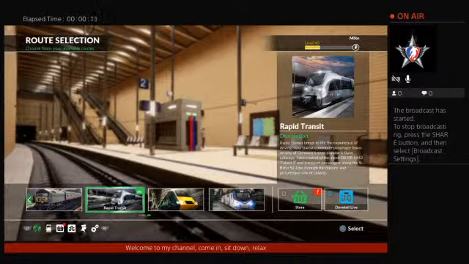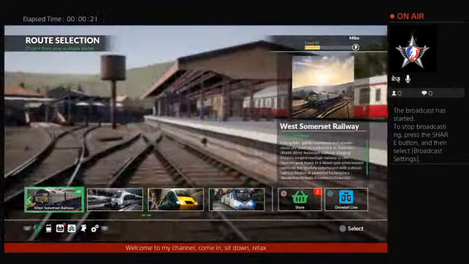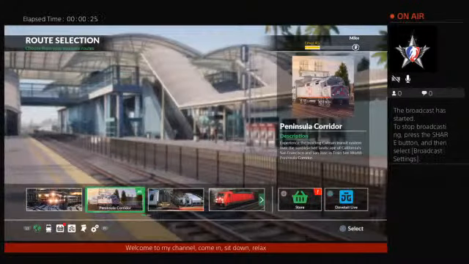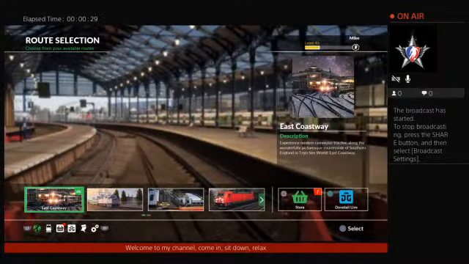Diamond Simulation World, and this is another Train Sim World video, as I'm going to be doing some riding around tonight with some other locations, plus unlocking another new location. The last time I did this video, I unlocked the Peninsula Corridor. Tonight we're heading to the East Coastway of Southern England, so that should be a lot of fun too,